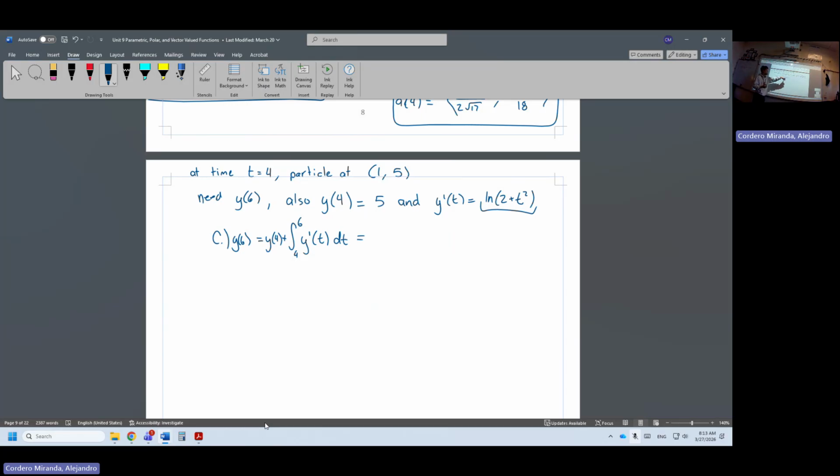And this is why I was saying this is helpful, because even though we can't take this integral by hand, this is a calculator question, and your calculator can do definite integrals, but not indefinite integrals. So that's why it helps to set it up like a definite. This is what you type in for Desmos or your calculator, and if you type that in,